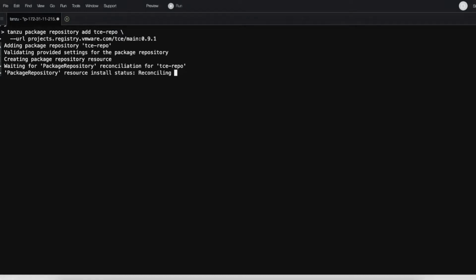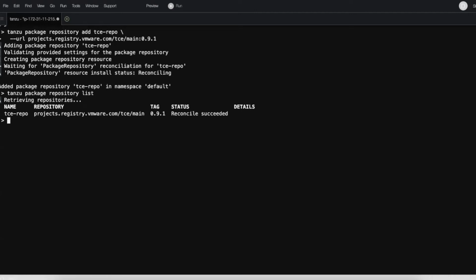So this is adding a package repository. Okay, this is added. Now let's run a command. And you can see that the Tanzu package repository is added, reconcile succeeded. So this is successfully added.